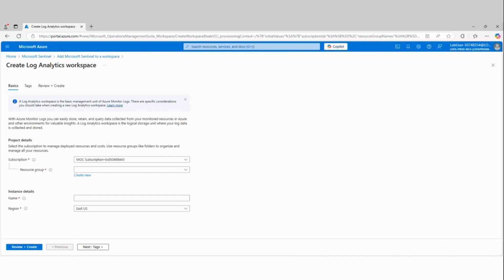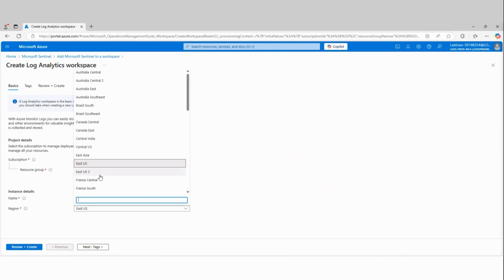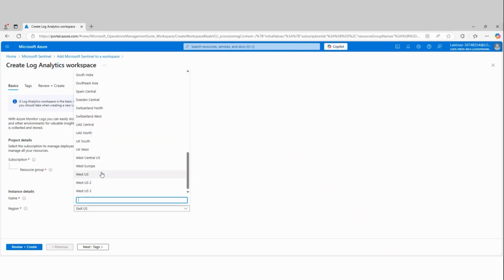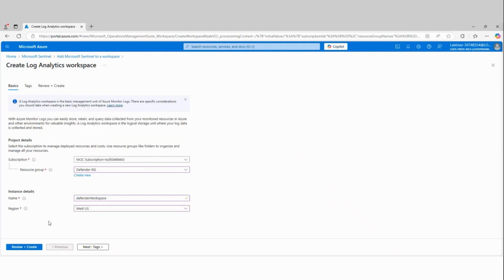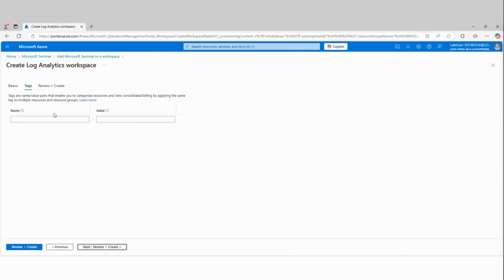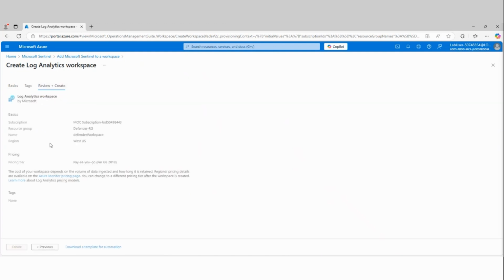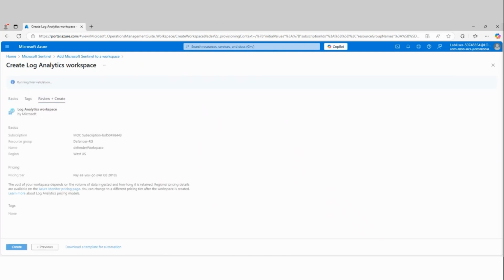So we're going to go in and put it into our resource group. We're going to give it a name. In this case, we'll call it the Defender workspace. We're going to pick the West US region. So you want to pick the region that you'd like to deploy this instance in. In the production environment, you would add some metadata tags. Microsoft's going to do a validation to make sure we filled in the minimum requirements and everything is accurate here. So we're going to wait for this validation to complete, which you see right up here.